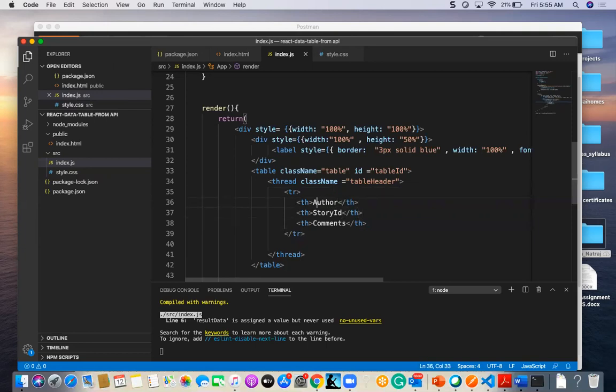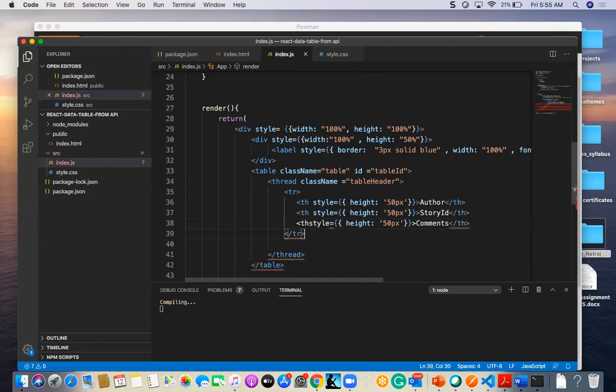I just want to give some style for this: style equal to height 50 pixel, and I just want to copy the same to the next ones here.